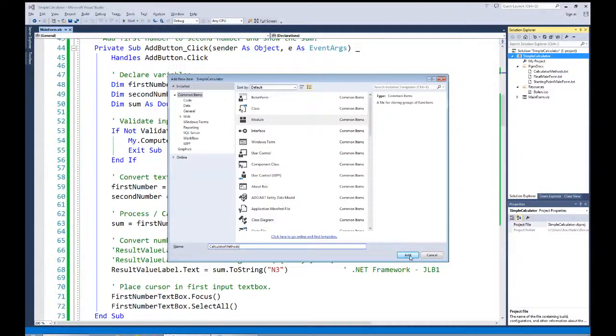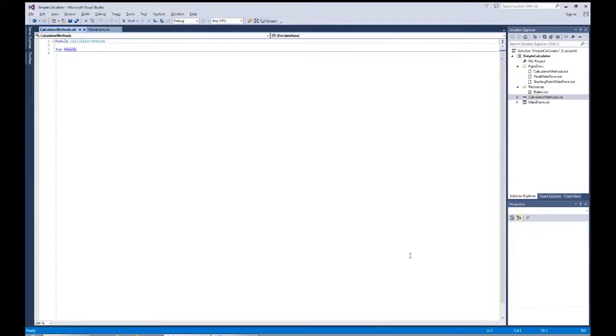And it'll have the extension of VB as the type, and we have now a calculator methods module ready to go for processing. Now, if you'll remember back in our program, we had to bring in things and process it, get it converted to double data type, and then do our processing. Well, let's create a function that does something very similar to it, and see where we can then take out from our code in our form class